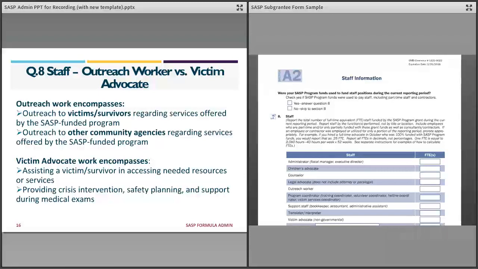We do believe that high numbers in outreach FTE might be a red flag that FTEs are not being prorated or are possibly not being reported by job function rather than job title.